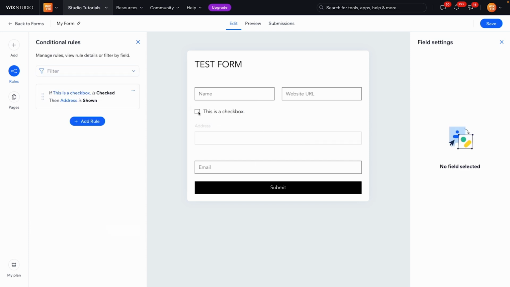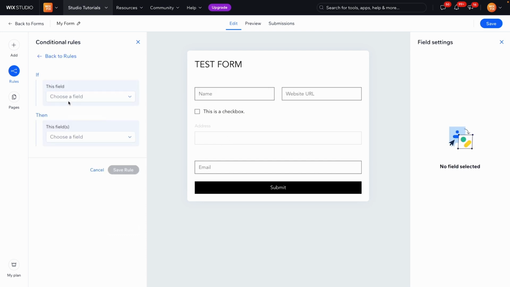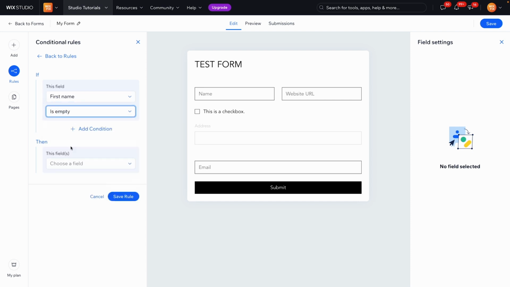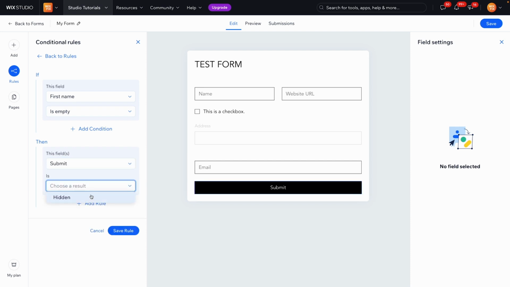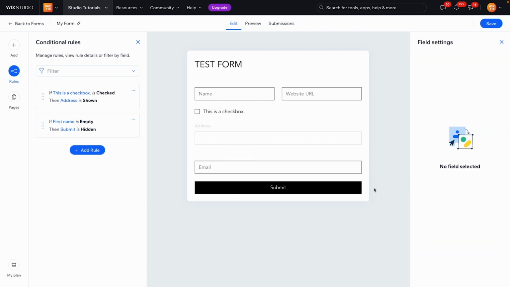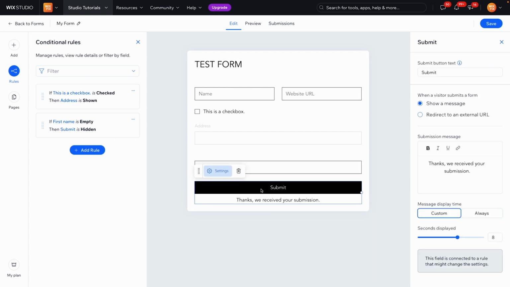So basically what this means is if this box isn't checked, then the address box here is going to be invisible. But as soon as someone checks this box, it's going to show the address option here. And of course, we can add more rules if we wanted to. For example, if first name is empty, then the submit button, we want to be hidden. So once again, it kind of follows the same idea. If this is a required field, we don't want people to be able to submit the form without filling in